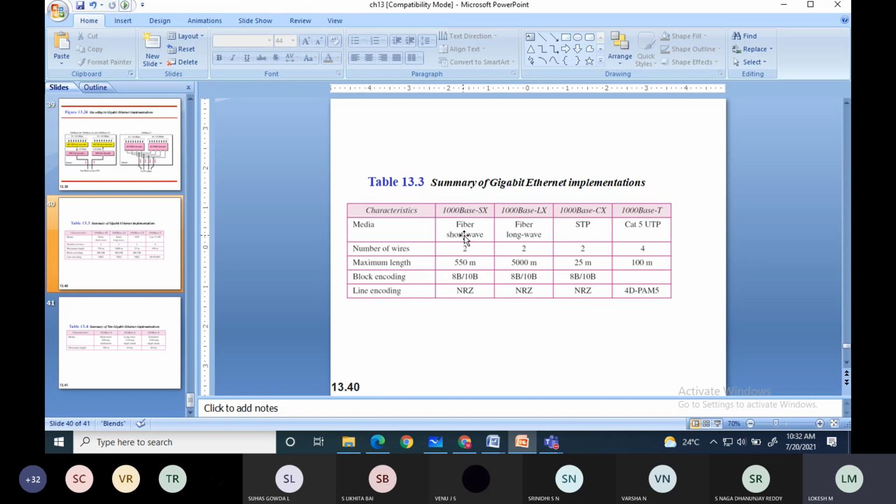But when you come to line encoding for the different versions of gigabit Ethernet, 1000BASE-SX, 1000BASE-LX, and